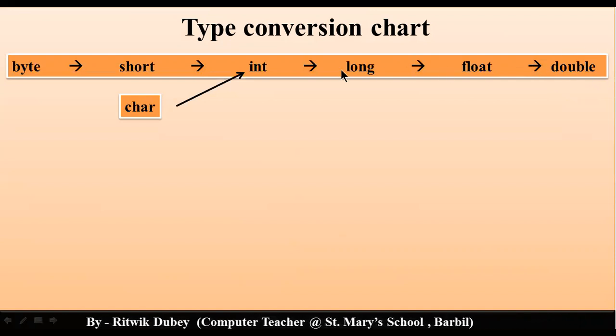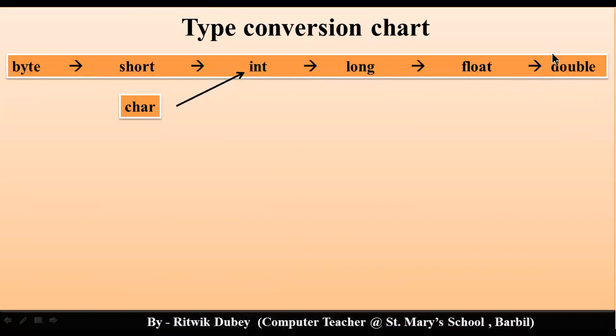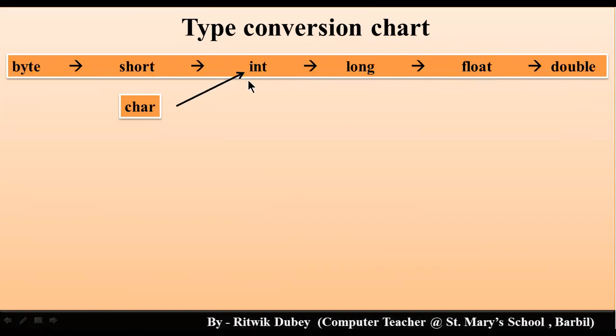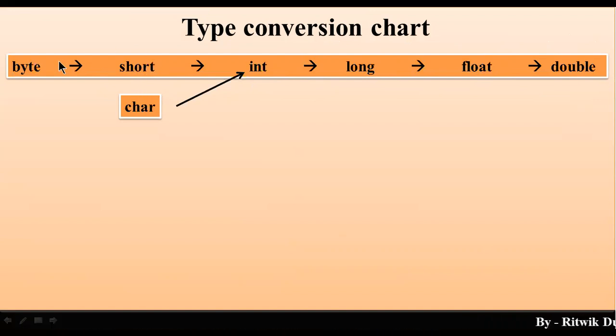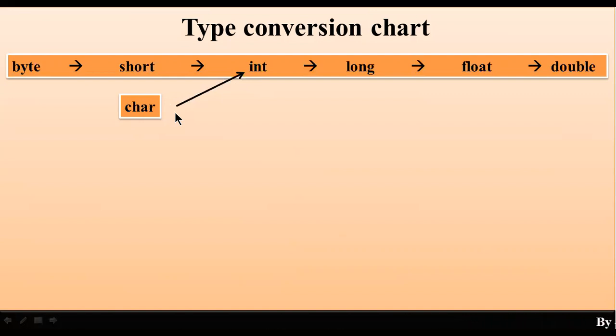मतलब double अगर देखा जाए तो जितने भी numeric data type यहाँ पे हैं byte, short, char, int, long, float, ये कह सकते हैं कि सबसे ज्यादा precedence यानी कि सबसे ज्यादा capacity double की है. Double के जस्ट नीचे capacity है float की, float के जस्ट नीचे long की, long के जस्ट नीचे int की, और int के जस्ट नीचे short और char की, और इसके जस्ट नीचे byte की. ठीक है, char थोड़ा अलग ही है, लेकिन इसको इस तरीके से याद कर लो. I will discuss everything, don't worry.